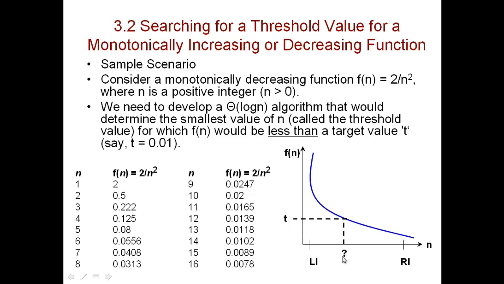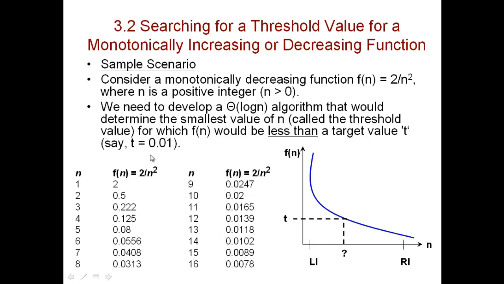So we want to find the minimum value of n, which is why the word threshold is used. What is that threshold, the minimum value of n for which f(n) would be less than a target value, say t is 0.01? Basically, given this function 2/n², where n is a positive integer,